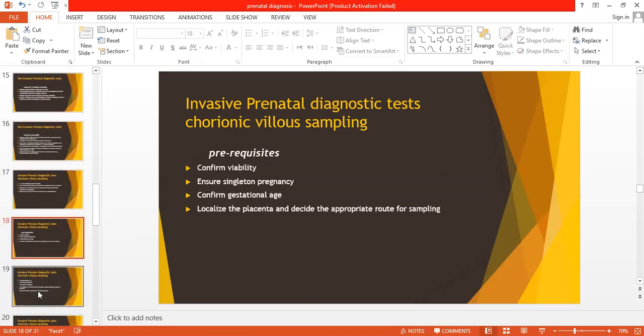The prerequisites for chorionic villus sampling are that you should do a detailed ultrasound scan of the mother to confirm the fetal viability. ठीक है, अगर viability ही नहीं है, so what is the point of sampling? You can straight away go for termination of the pregnancy. You ensure that it is a singleton pregnancy, because in multiple pregnancy chorionic villus sampling फिर मुश्किल हो जाती है, ठीक है।